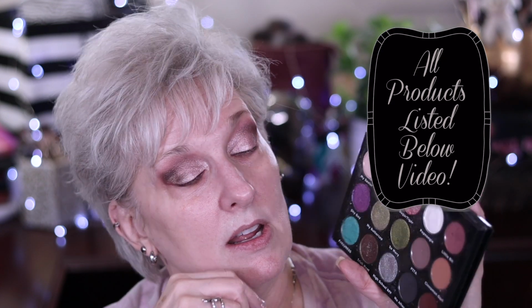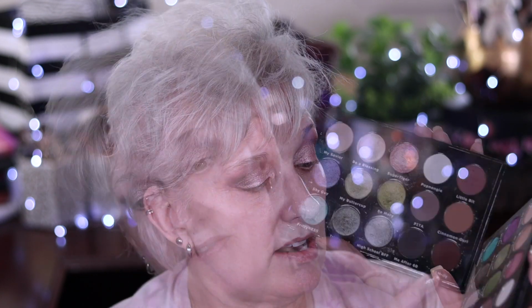If you wanna know what is on my eyes, it's a little bit in the transition with Sugar Tiger on my lid, Blessed in the innermost corner of my lid. Family is blended on the outside, and under my eye is a little bit. I've already primed my face with the NYX Marshmallow primer that is in the current Fritzzyville basket,